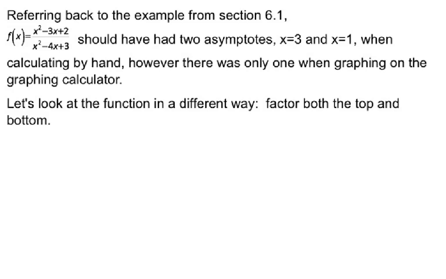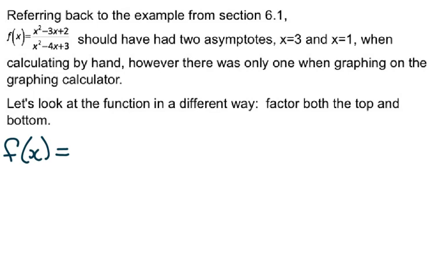So looking back at that example we studied in section 6.1, where by finding the asymptotes by hand we found asymptotes at 3 and 1, but by doing it on the graphing calculator we only found an asymptote at 3. If we deal with this in a different manner, and instead of just solving for the bottom, we actually factor out the top and the bottom,